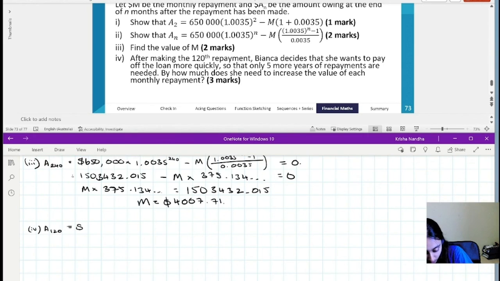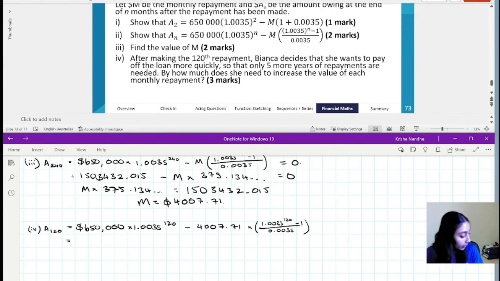A120 is equal to 650,000 times 1.0035 to the power of 120, minus, we now have m, so 4,007.71 times (1.0035 to the 120 minus 1), all on 0.0035. Okay, so the amount owing will be,